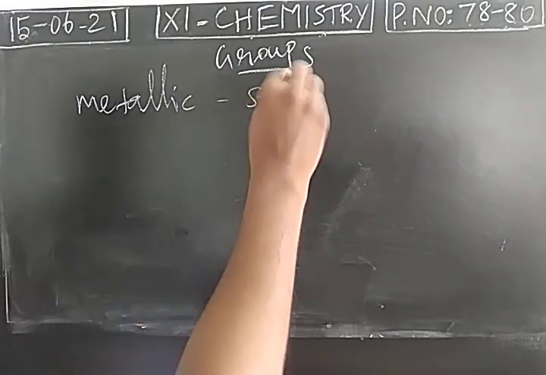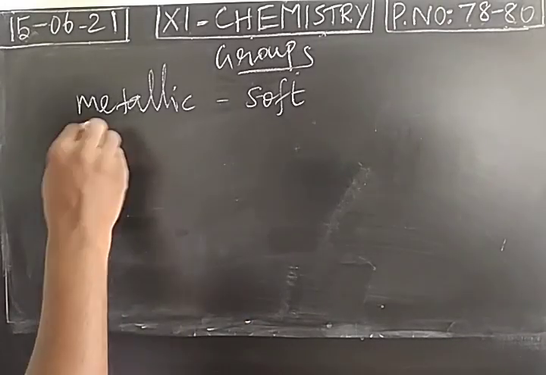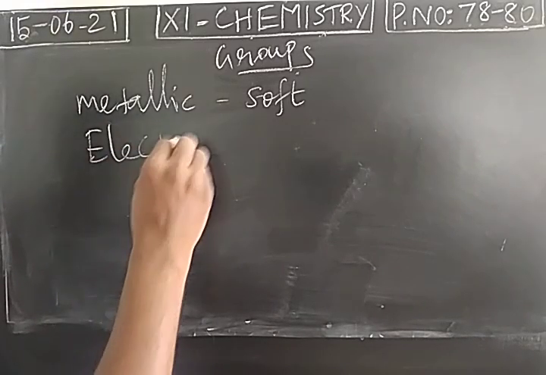They are soft metals. If you take sodium, you can cut the sodium metal even using a knife, like bread, when it is available in the laboratory. Sodium is always kept in kerosene. When it combines with water, it leads to an explosion, so sodium is kept in kerosene. So group 1 and 2 elements are soft metals, and they are highly electropositive in nature.